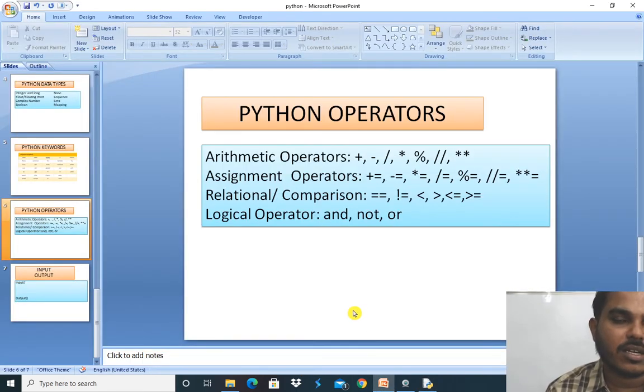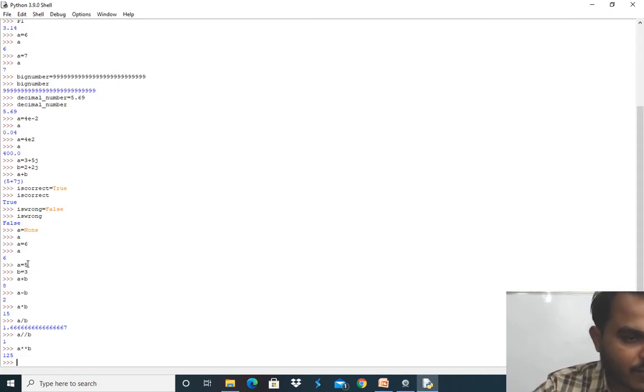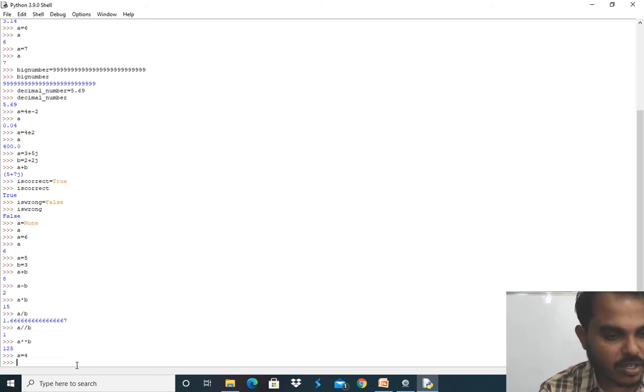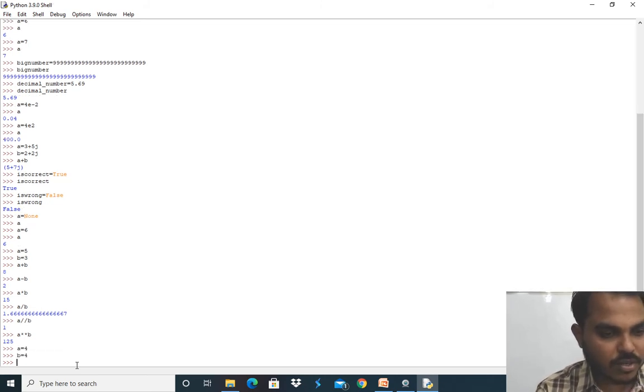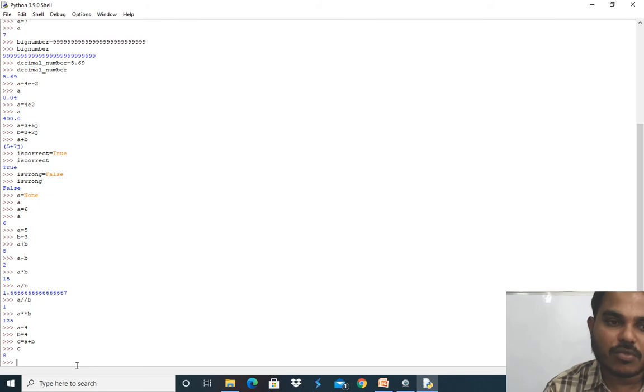Next one is assignment operators. Assignment operators are nothing but, see, here I have assigned 5 to a and 3 to b. If you want to store some other value, I'll take one more example. a is equal to 4, b is equal to 4. Next, I want to store the addition of two numbers into another variable, right? So c is equal to a plus b, which is 8 here. So I have used 3 variables here. a and b are the different values. The addition of the 2 values has been stored into the c variable, which is another variable I have used.